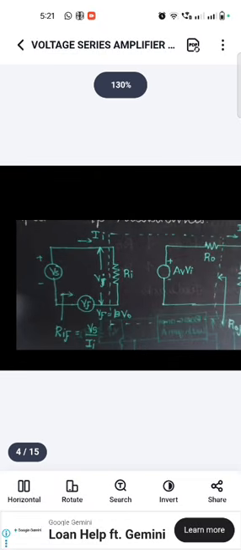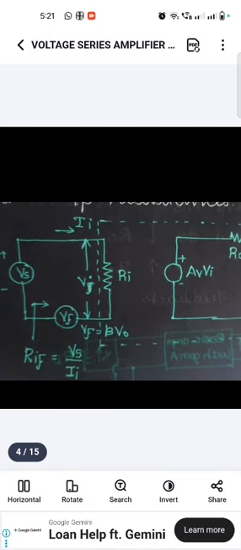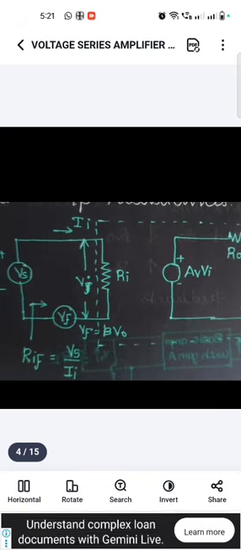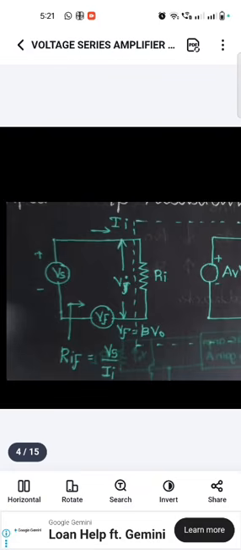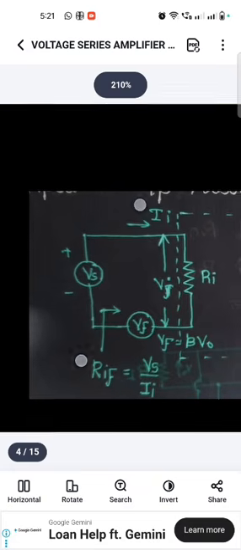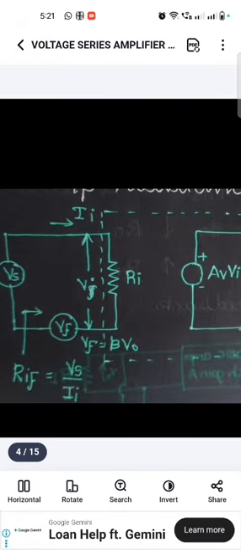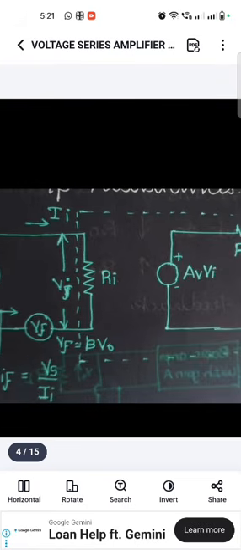Okay. See the diagram. This is the equivalent circuit for analyzing the voltage series amplifier. Okay, what do you understand from this diagram? This is the source resistor, right? Because we know that the input is a source, that's why we connect the source resistor here. Okay, so we can add the resistor in series with the source resistor. Okay, if you need, we can add this. Okay, then this is the